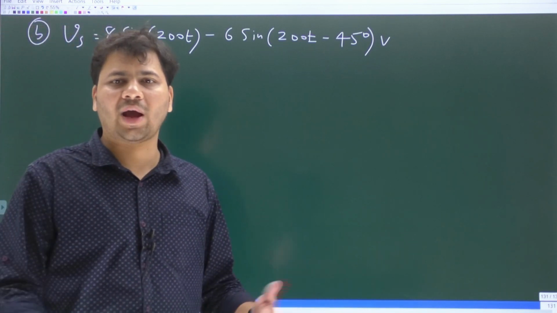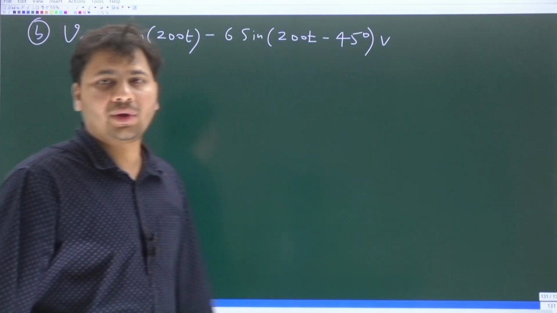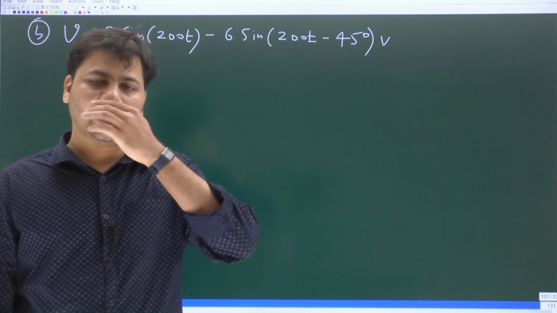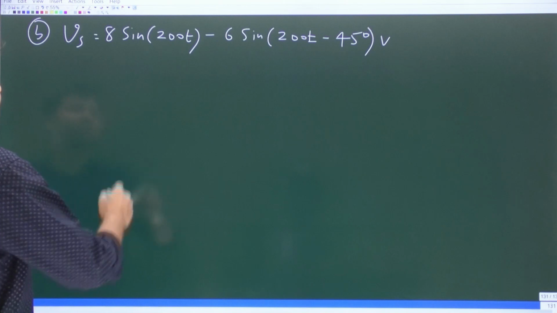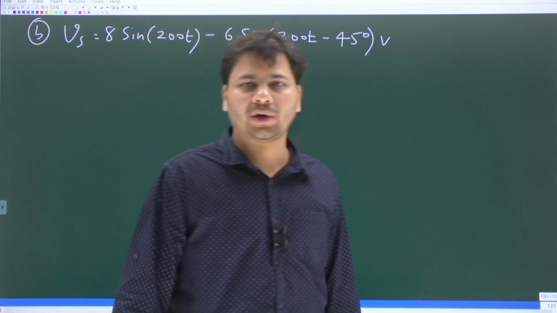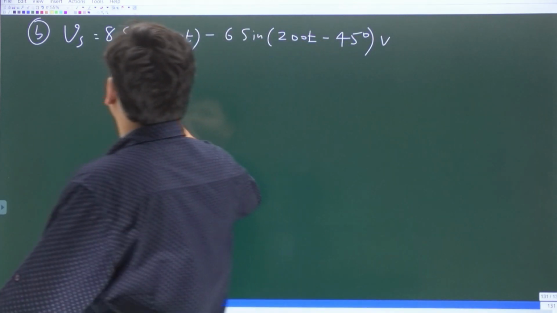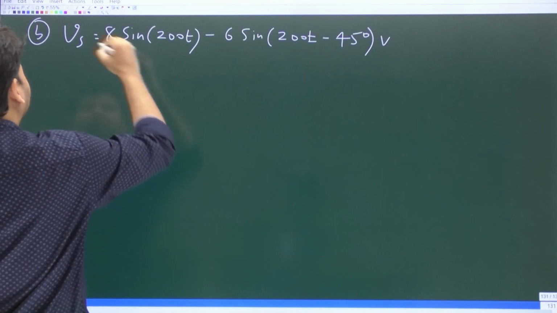RMS value would be amplitude divided by root 2. I think the convenient way to combine the two components into one single component is by doing the analysis in the phasor domain. See, usually we take cosine as reference, but we can also take sine as reference. So if you take the sine function as a reference,